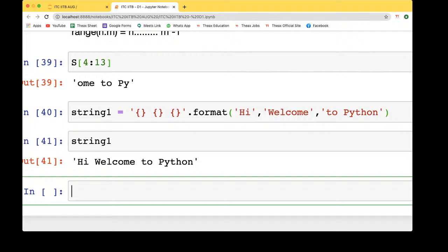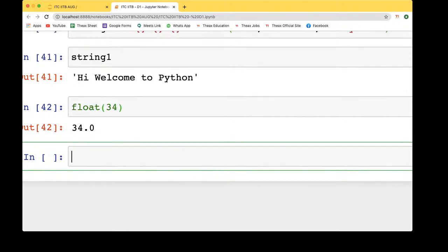So you have seen how these things work. Till the string, I think things should be clear to you, right? Now let's say you want to convert anything into a different type. We have this 23 and 34 and you want to convert this into float. You just pass the float in the parentheses and that will be 34.0. Similarly, you can do it for complex and all those things. So we are quickly moving to the list topic.